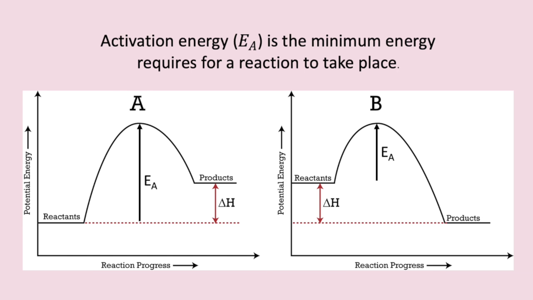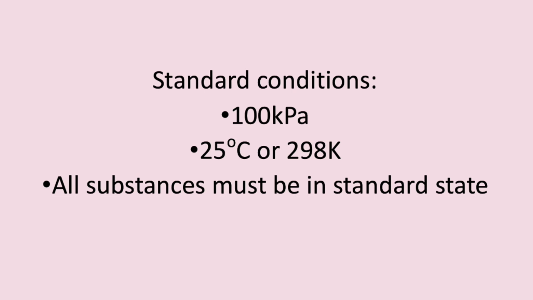It's the moments where the bonds begin to break. We can show this on energy profile diagrams, with their difference in energy between the reactants and the highest amount of energy in the system. Enthalpy change always occurs under standard conditions. These are a temperature of 25 degrees Celsius or 298 degrees Kelvin, a pressure of 100 kilopascals, and all reactants